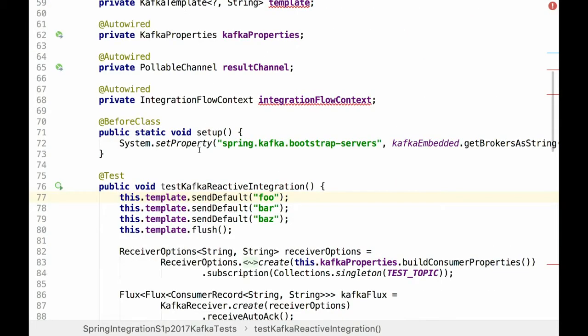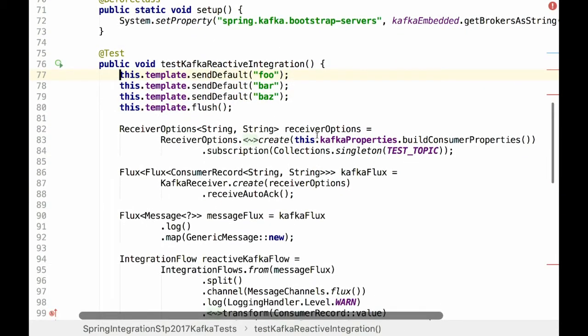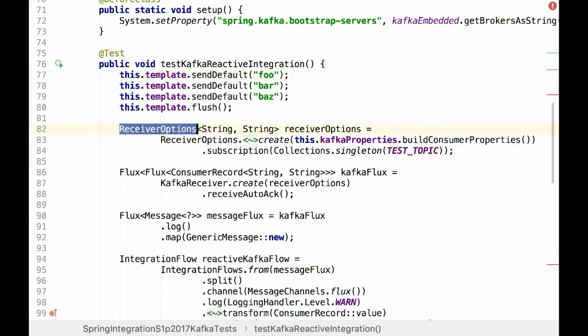And then I come to the Reactor Kafka project and use special components from there to create a native Kafka consumer based on Spring Boot auto-configuration properties.